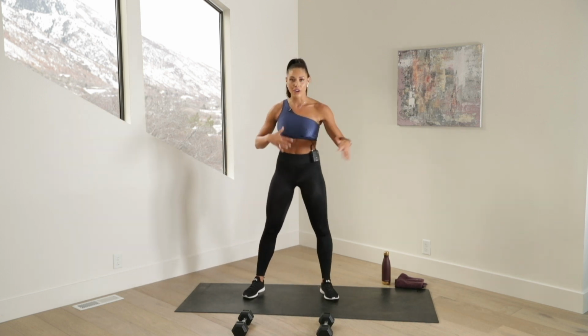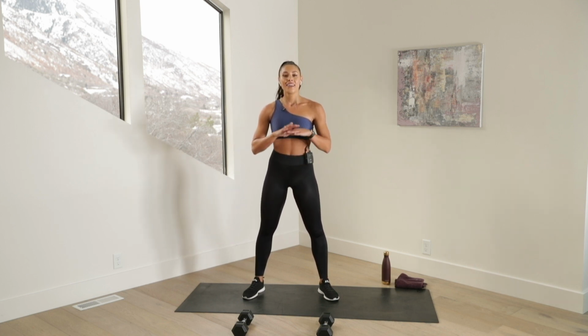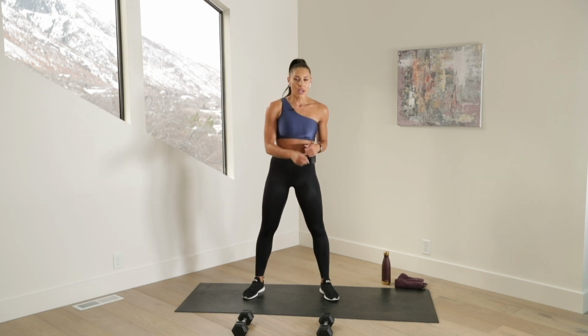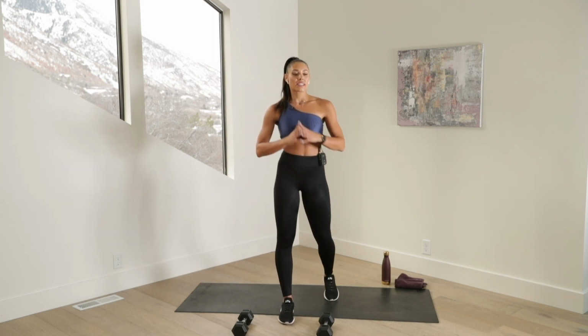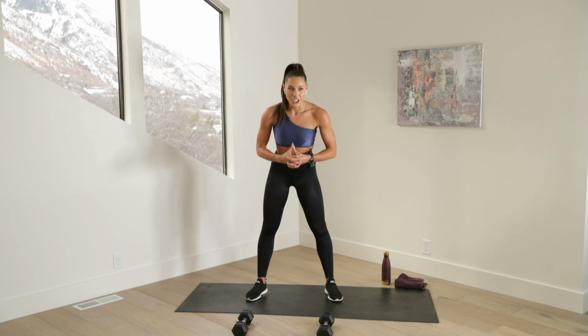I'm going to give you about a minute rest right here. So as I'm talking, please grab a drink of water. Focus in on me though. The circuit, 3 exercises. Similar to a superset, we will do all 3 exercises before we rest. Exercise 1, exercise 2, exercise 3, then rest. 3 laps. Okay, our circuit is comprised of a squat and press, a sit up to a skull crusher, and